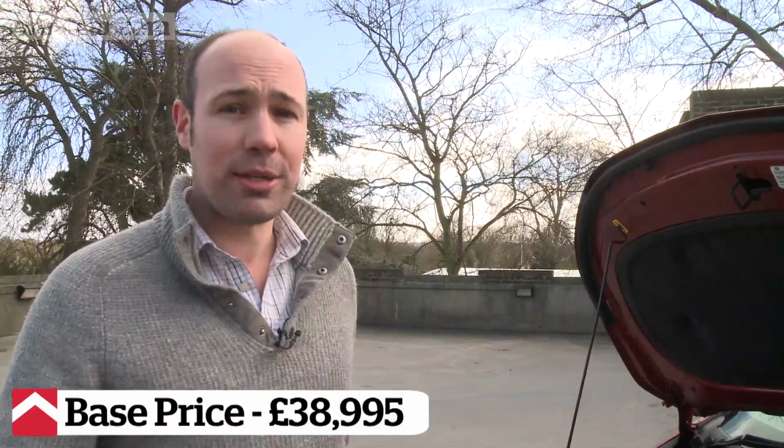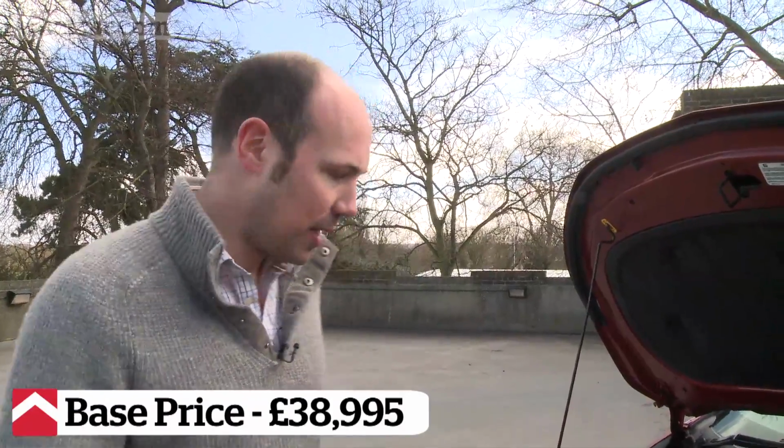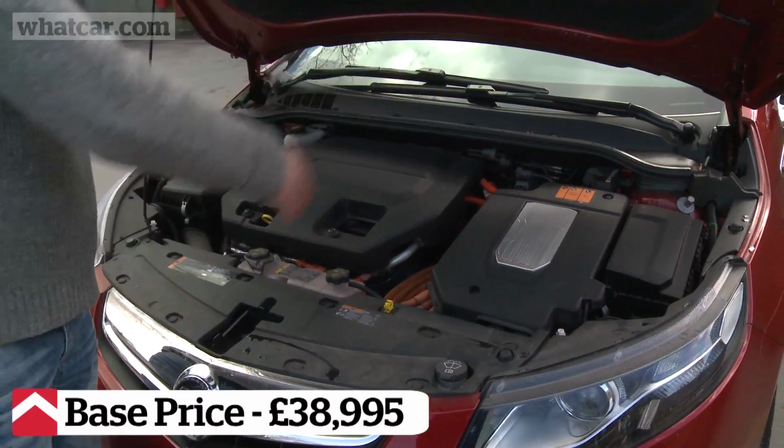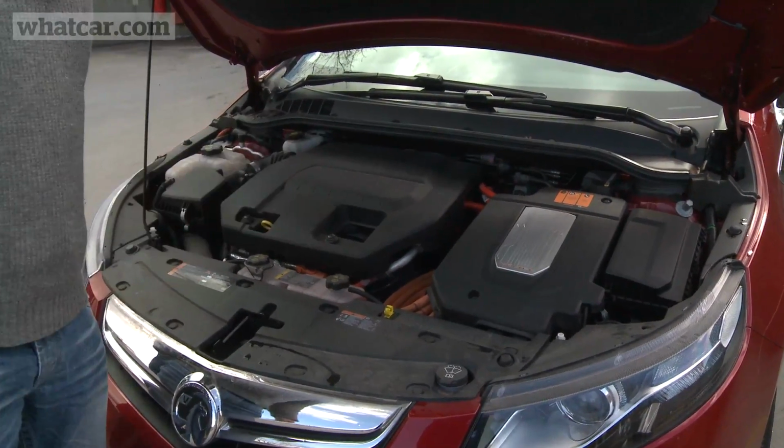So it's an electric car, but it's got a petrol engine to extend the range, and of course the fuel tank, which holds about 6.5 gallons. So it's quite a short range, probably about 250 miles on petrol only. So you can see the engine bay is absolutely rammed with tech. There's the engine, the motor, and a whole load of thick wires,